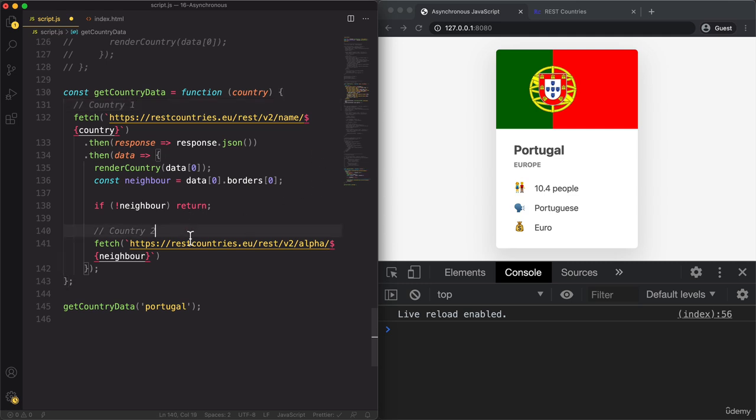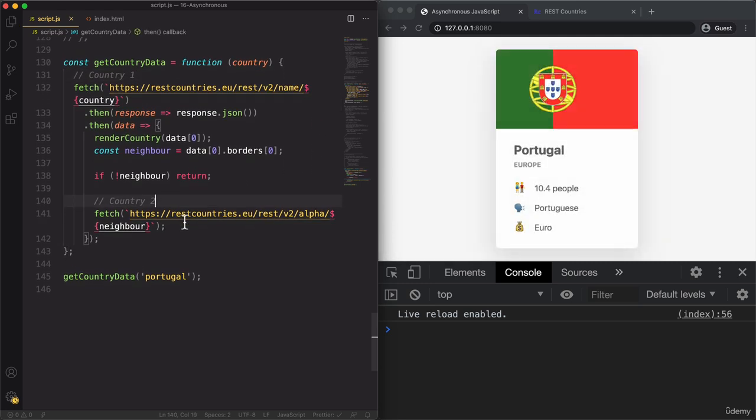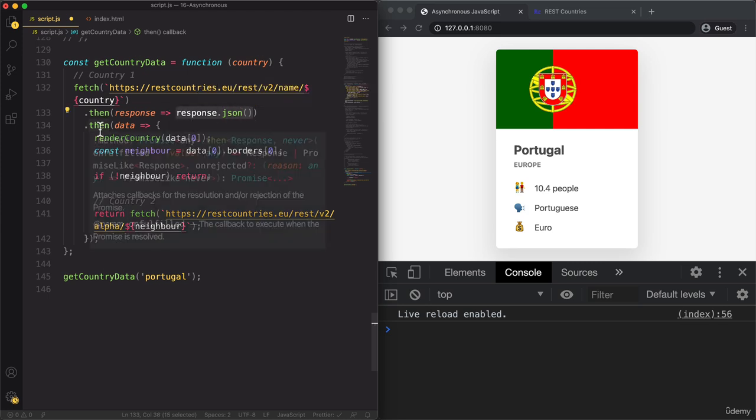All right. Now for now, this is not going to do anything because what we need to do now is to actually return this new promise. Because then when we do that, we will be able to chain a new then method on the result of this then method. All right. So that's a bit similar to what we did here with the JSON method, which remember also returned a promise. And so we return all of that promise here,